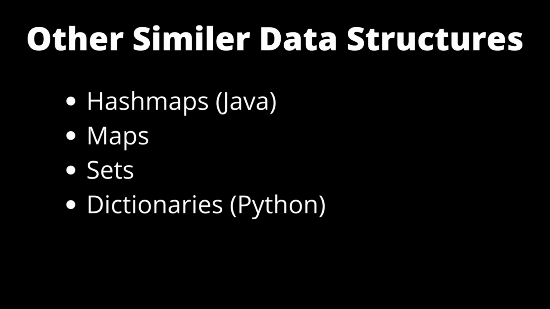Lots of languages have hash table-like data structures already defined into the language. You may hear about hash maps in Java, maps, sets and dictionaries in Python,